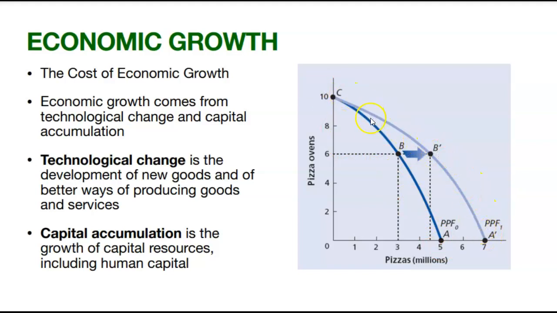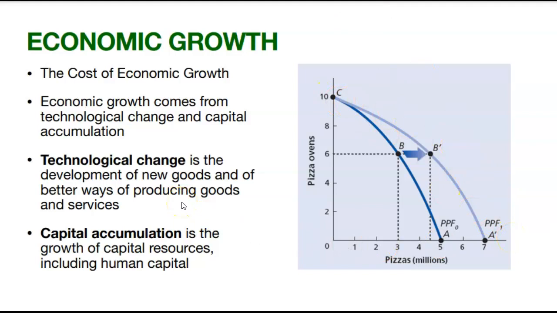Now, why? Think about it. This product, this 10, remains the same, but here this is 5 and this is 7. So instead of making 10 pizza ovens and 5 pizzas, when the economy grows, you can make the 10 pizza ovens, but now you can make more pizzas. You can make 7, so that's 2 more. So basically, if there's increased economic growth, the graph moves in an outward direction like this. Always know that: increased economic growth means outward. Picture this, because it's going to be in a multiple choice. They'll tell you outward, that'll be one of the answers.